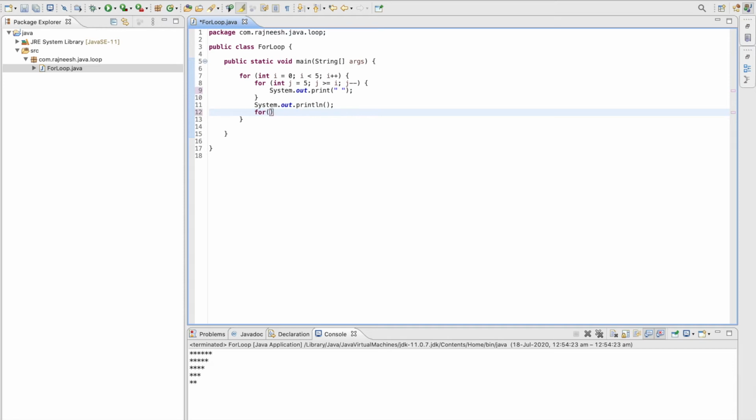So again we will write a for loop. Keeping in mind we are going to change the structure of the for loop, we will put some space before printing any star, okay, and we will change the structure. So going through that, we need to change some parts of the code. We will write int k equals 0, k less than equals i, k plus plus, and after that I am going to write system.out.print, and in that I am going to print a star, and after that I will write system.out.println, which was written earlier.